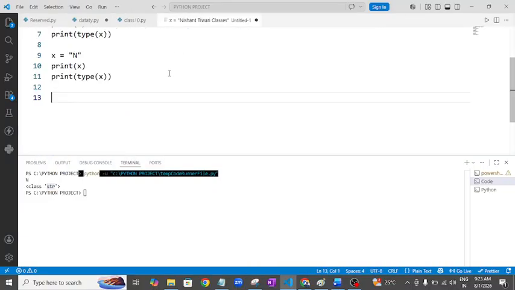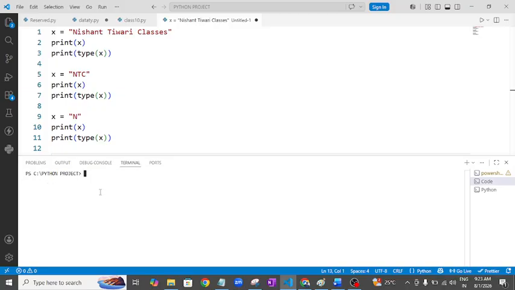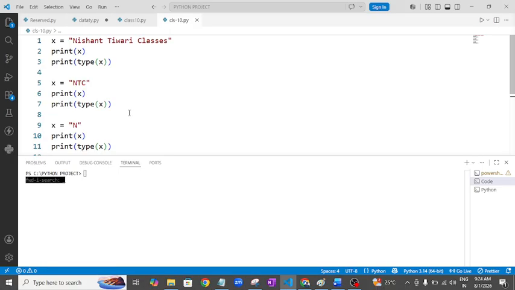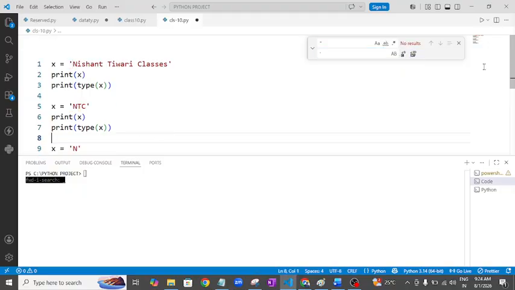Let me do the same operation with single quote. Do you see this?